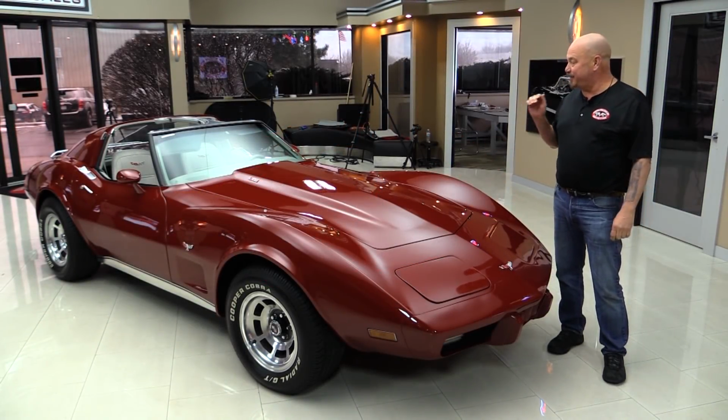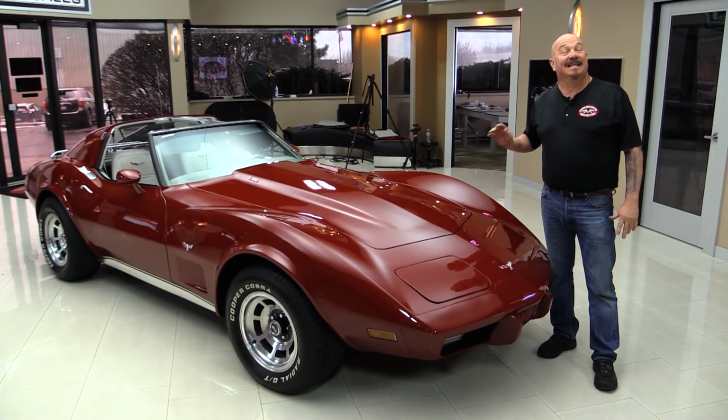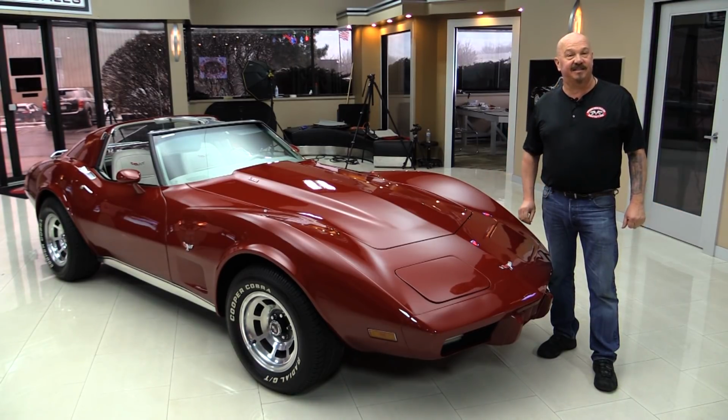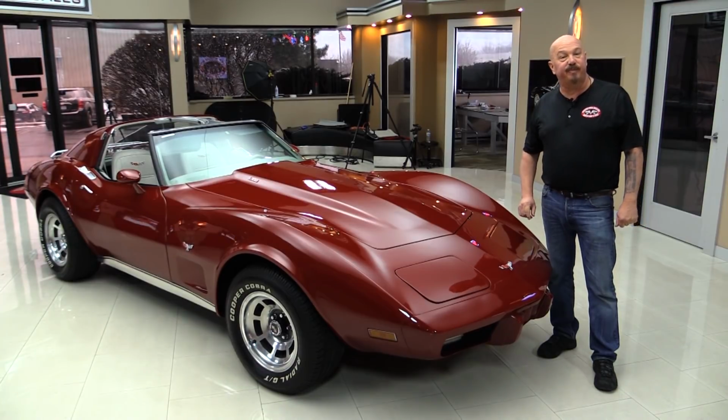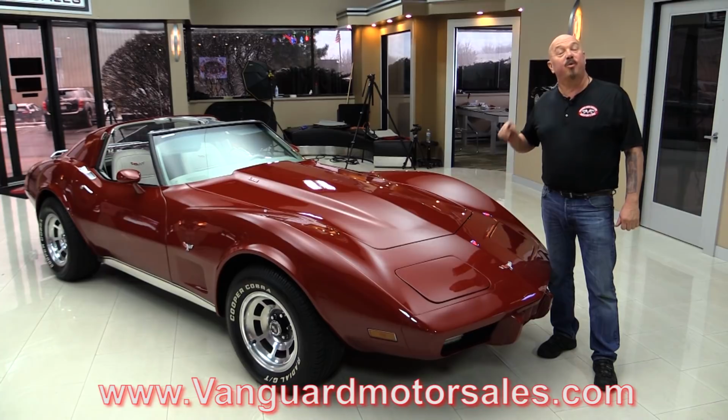I'm Greg and I am standing in front of one beautiful little 77 red Corvette. It's an L82 350 power under the hood, beautifully restored. The car is amazing. And if you want to check out about 100 pictures of it, go to our website at vanguardmotorsales.com. We're going to get it up on the lift so you can see just how nice the bottom